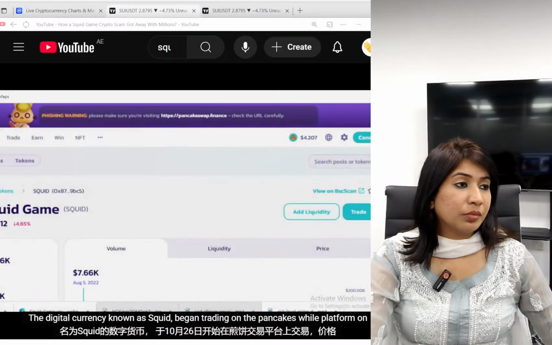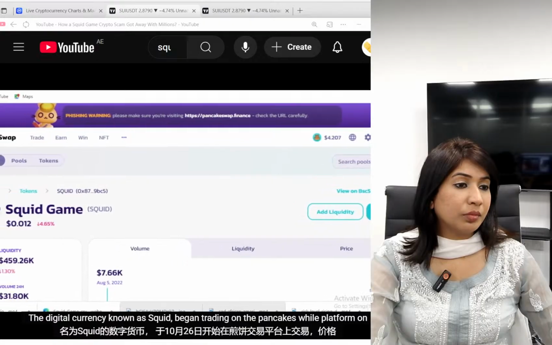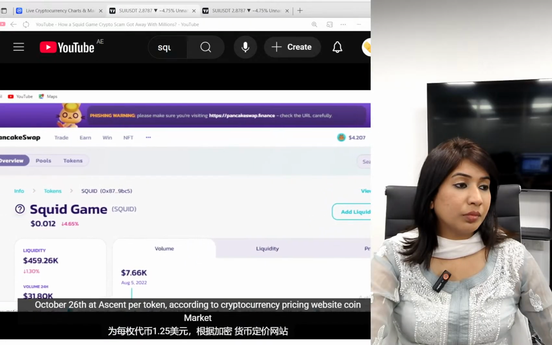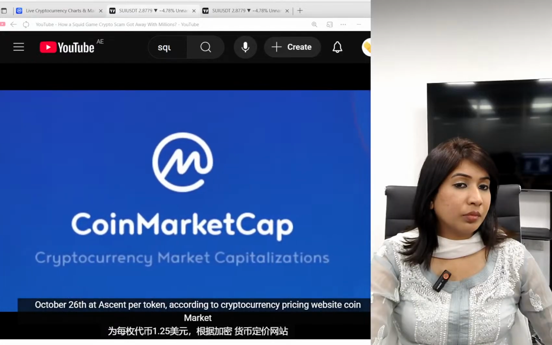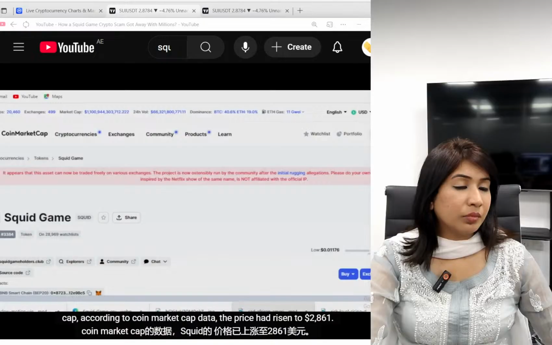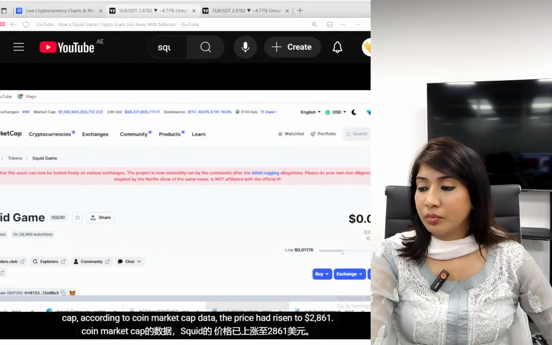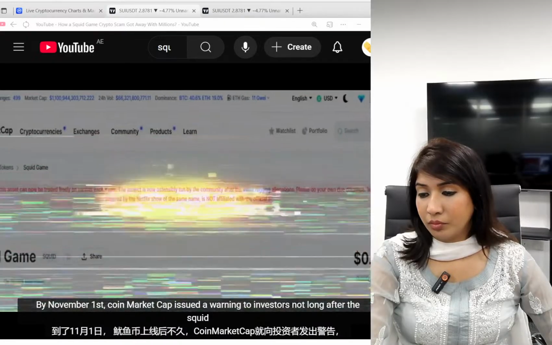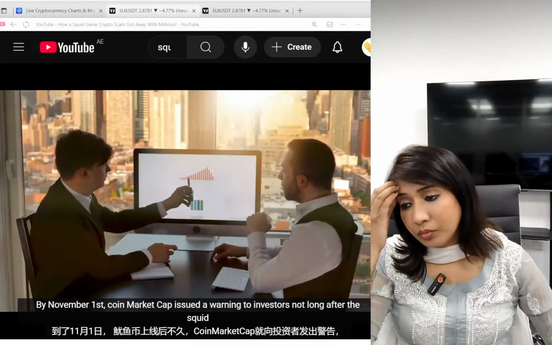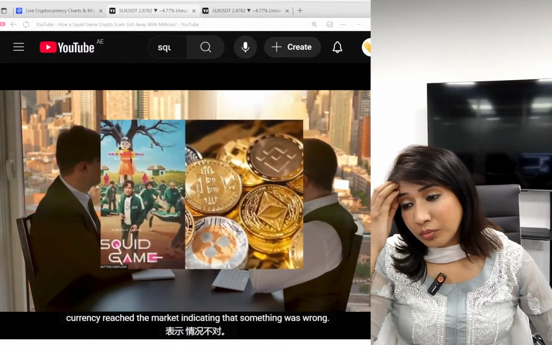The digital currency, known as Squid, began trading on the PancakeSwap platform on October 26 at a cent per token, according to cryptocurrency pricing website CoinMarketCap. According to CoinMarketCap data, the price had risen to $2,861 by November 1st. CoinMarketCap issued a warning to investors not long after the Squid currency reached the market, indicating